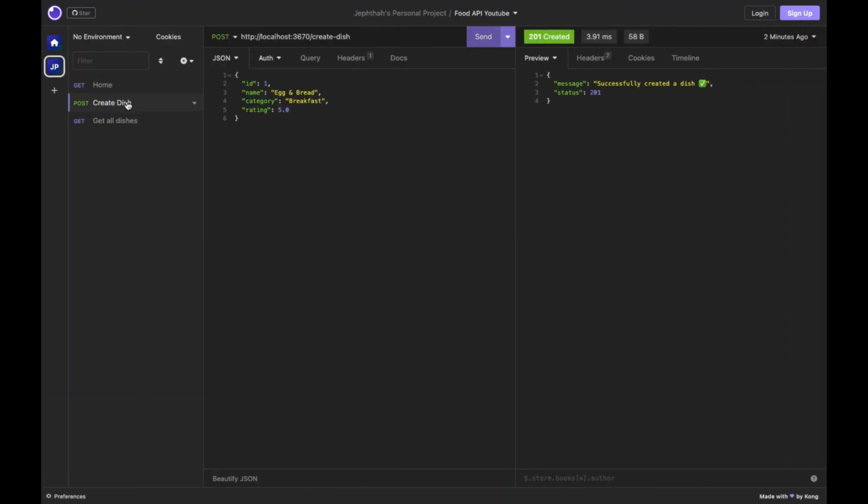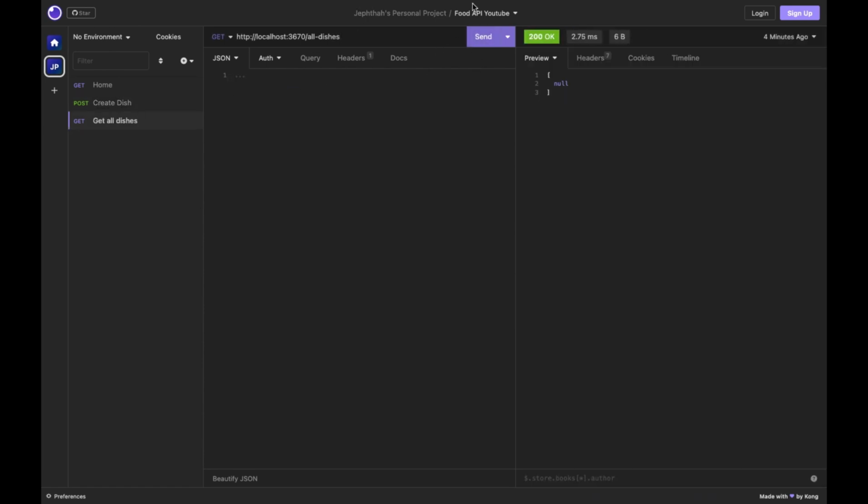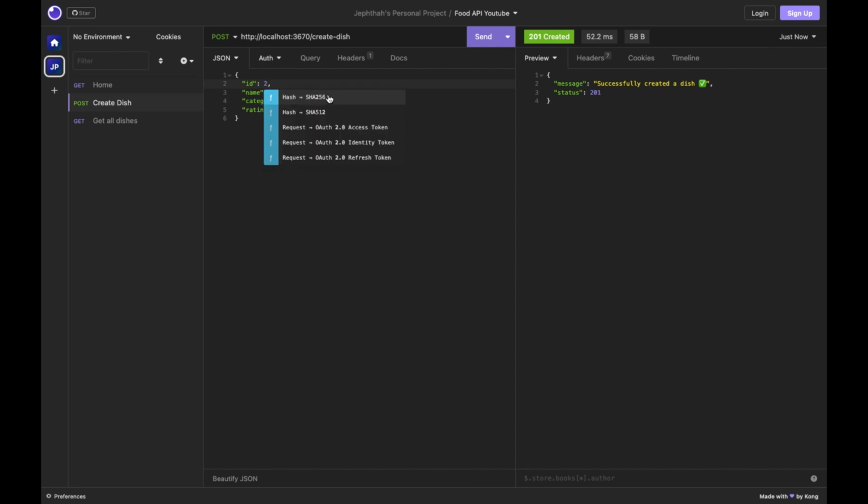So what I want to do now is create some more dishes. We have this first dish. I come back here and get that it all works now. So yeah, that is that. So we're gonna create another dish. ID 2, name: I love Eba. So this is gonna be Eba and soup. Alright. And now this is swallow